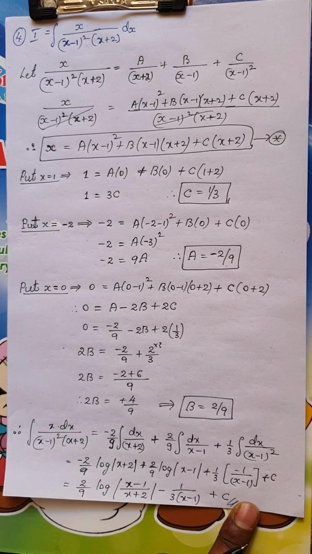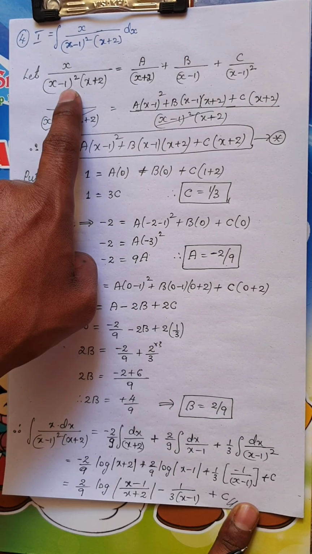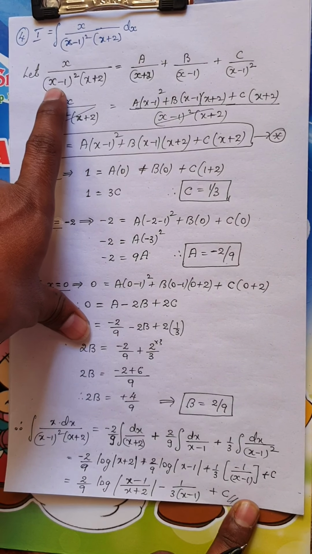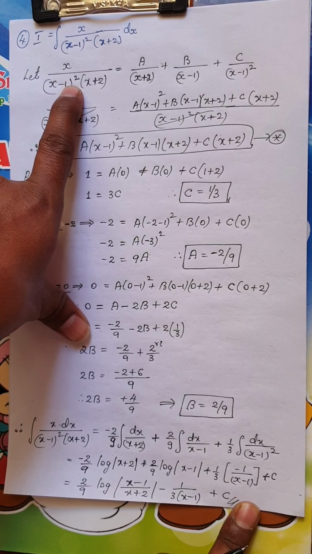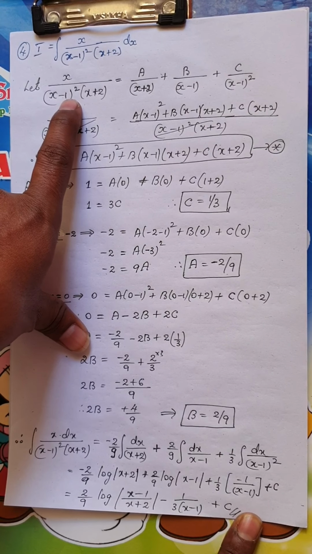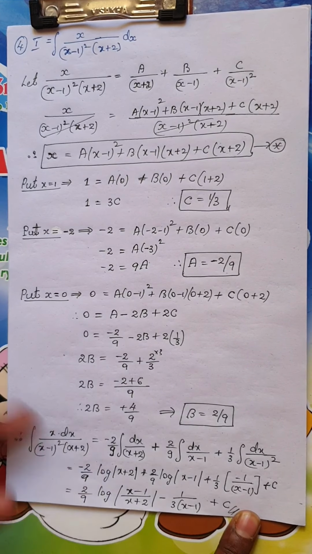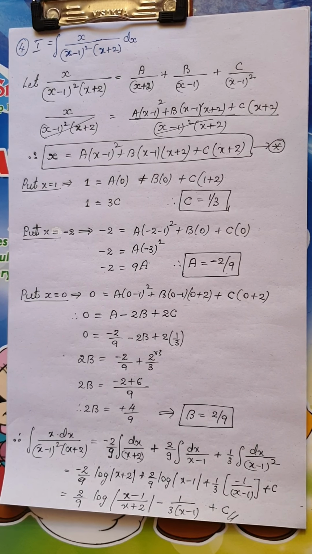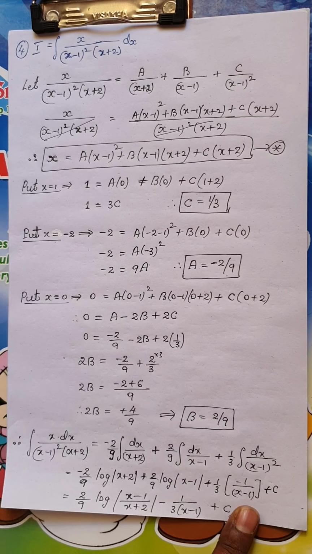Please be careful. You have to look at the denominator part carefully. Until now, all the questions were of linear factors with power 1. When you have power more than 1, you have to follow this process. You do not have any other shortcut method. Okay? Is it clear? Shall we solve one more question of this type?